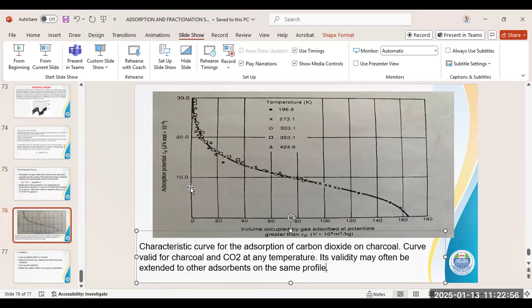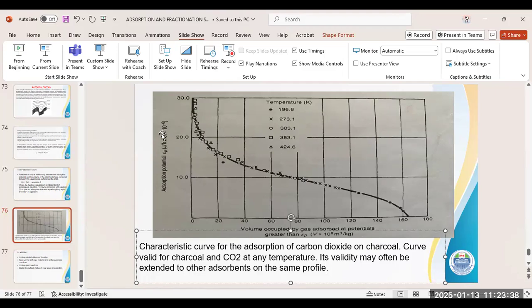If you come somewhere here, let's say this is about 9, thereabout. If you trace it down to this place, if you have a temperature of 273 Kelvin, you can read out what the volume of your adsorbent that will be adsorbed would likely be. Okay. If you want to check what the adsorption potential can be at 273 Kelvin,